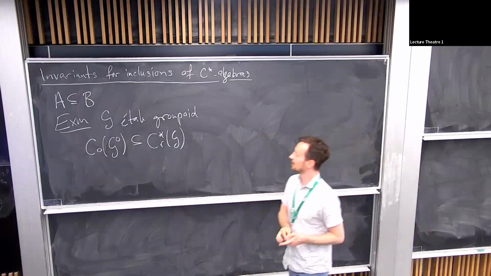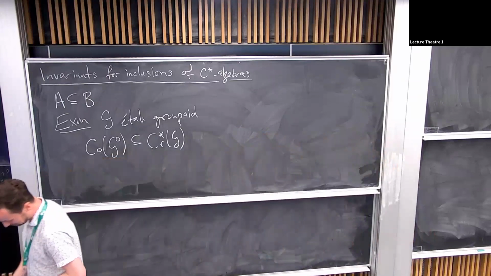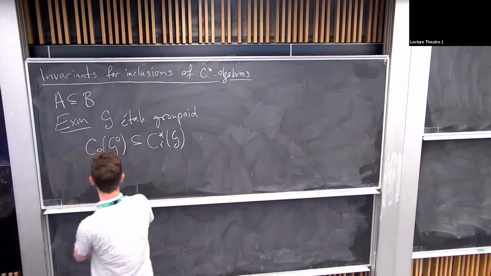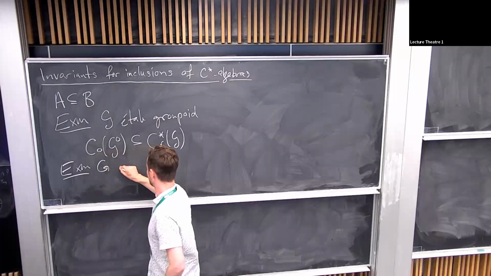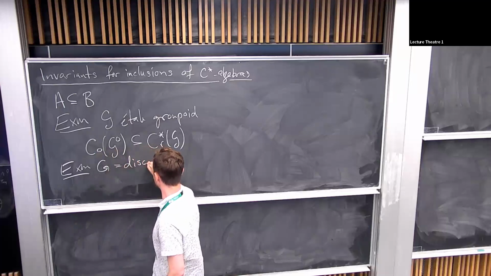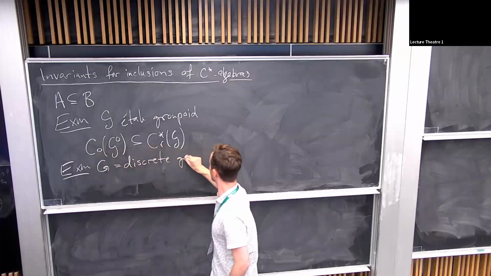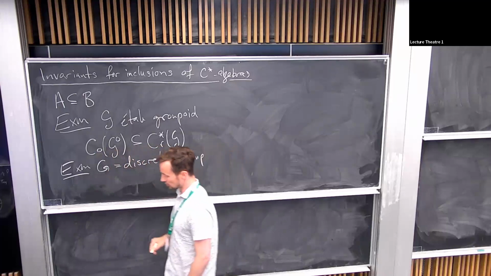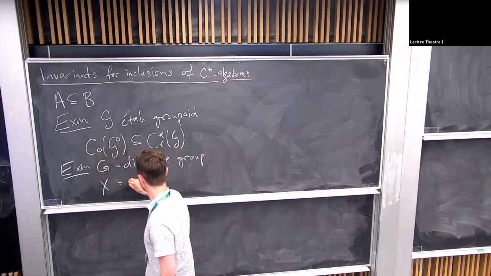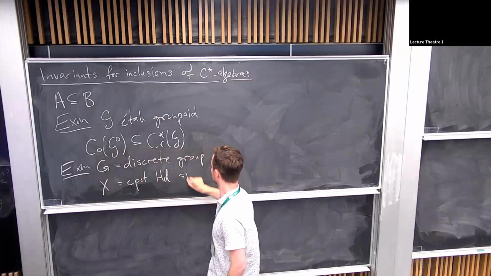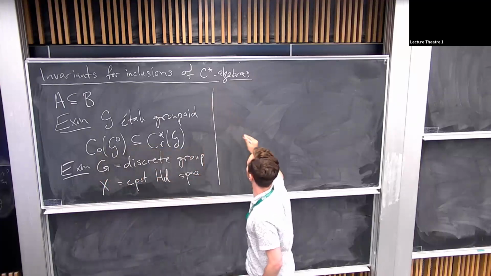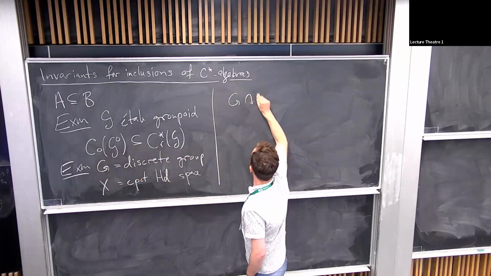And those are going to be my second source of examples, because if G is, let's say, a discrete group, and X is a compact Hausdorff space, and we've got some action of G on X, then